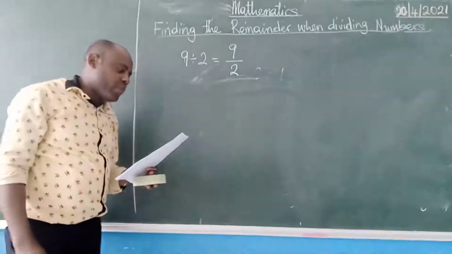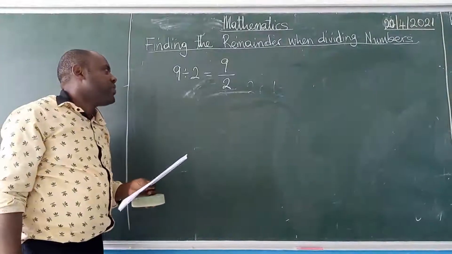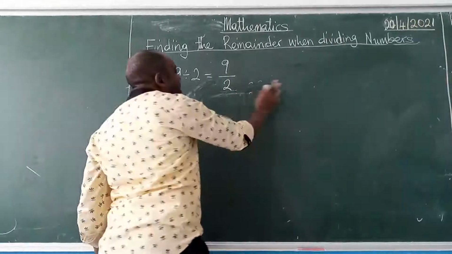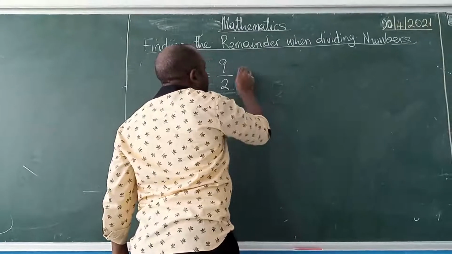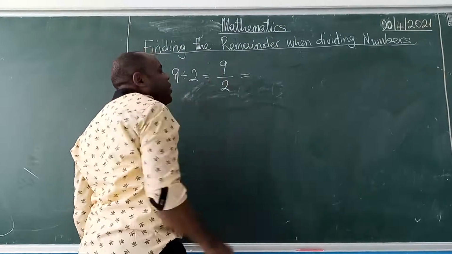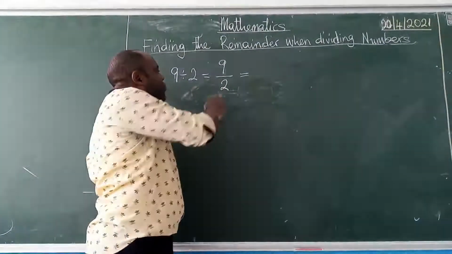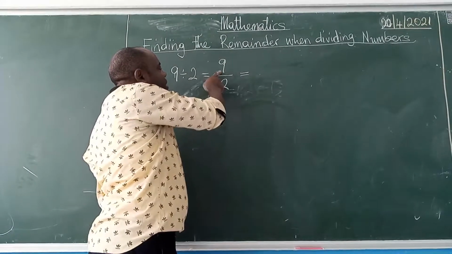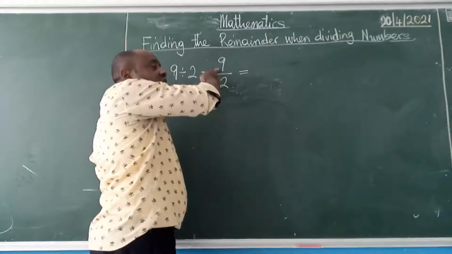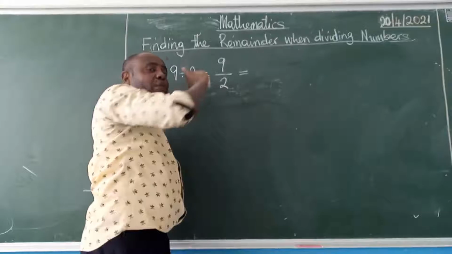And so if we divide 9 by 2, we discover how many 2's are in 9, or the nearest multiple of 2 which is closer to 9 and not above